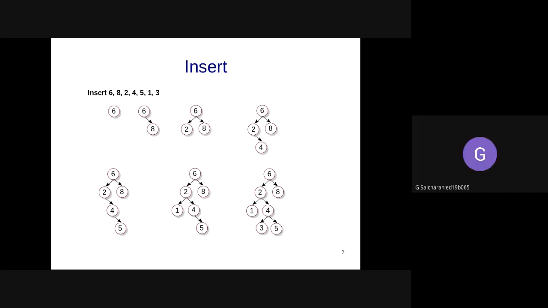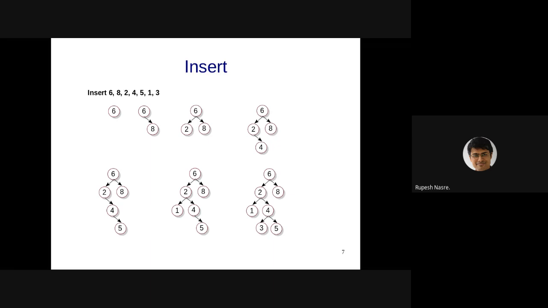A linked list? Yeah, it's almost like a linked list, right? As Sai Charan and Murari are suggesting, it's almost like a linked list which is going all the way to the left, and the root becomes the first element. So that is also an important part, that the root is going to tell you how the binary search tree is going to be laid out. If my initial value is 8, then it's going to be a left skewed tree. If my initial value is 1, then it is going to be a right skewed tree. All the values are going to appear to the right.